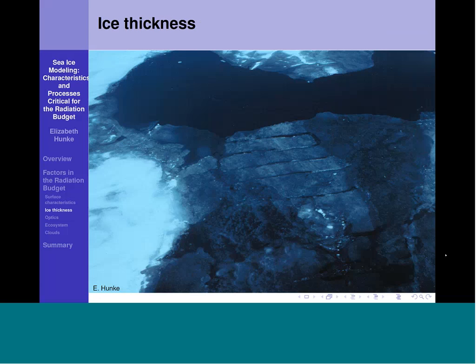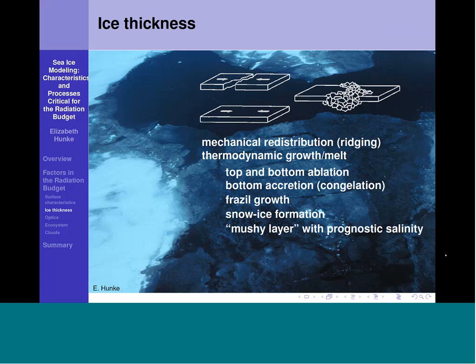Ice thickness also has a very strong influence on the albedo, particularly for the thinnest ice types. As you can see here, when the ice is very thin, it's mostly transparent, sort of like an ice cube. Sunlight goes straight through it into the ocean and then melts the ice completely. And if I tried to include everything that affects ice thickness, I'd have the entire model written on this slide, because thickness is the time-integrated result of everything that goes on in the model.